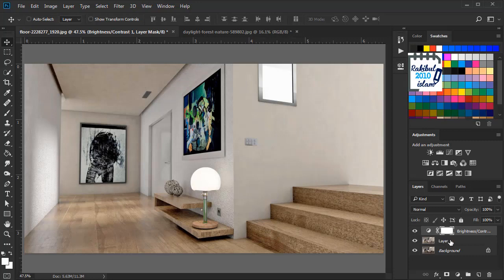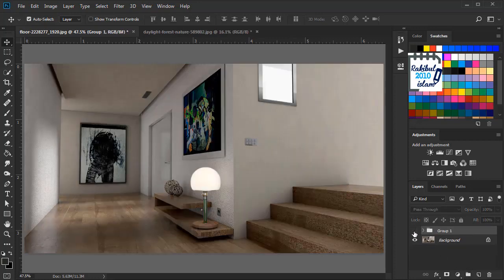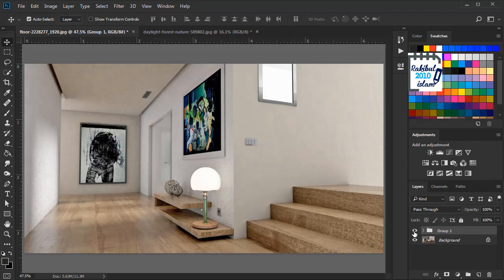And now we will select both layers, and we'll click here to group them, and here's the before and after of this change.